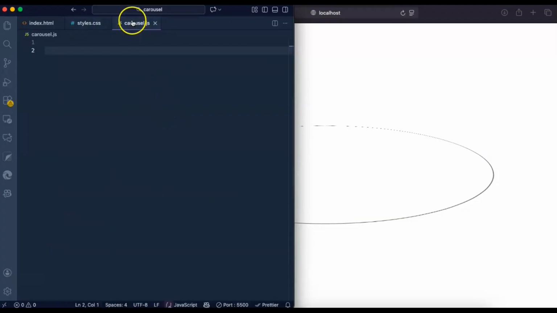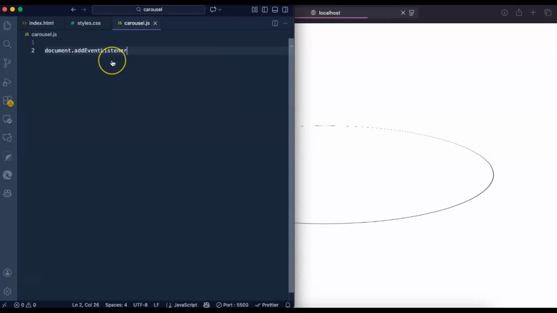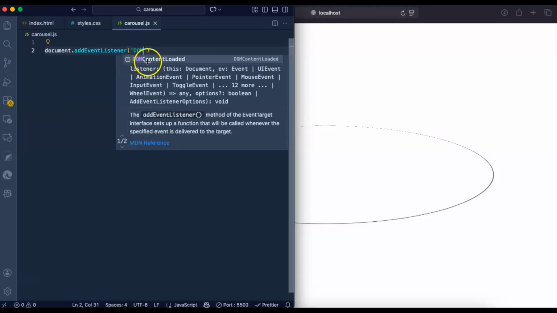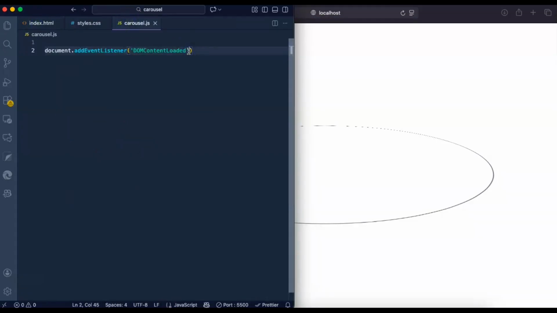Alright, so now we're done with the CSS side of our carousel, so we're going to head over to our JavaScript file. So the first thing that we're going to do is add an event listener, and this is so that we can select the container accurately, because we want to be able to select the container. And in order to select the container or the elements and the other elements including the buttons, we have to ensure that everything in the document has been loaded so that we are able to select or access that element